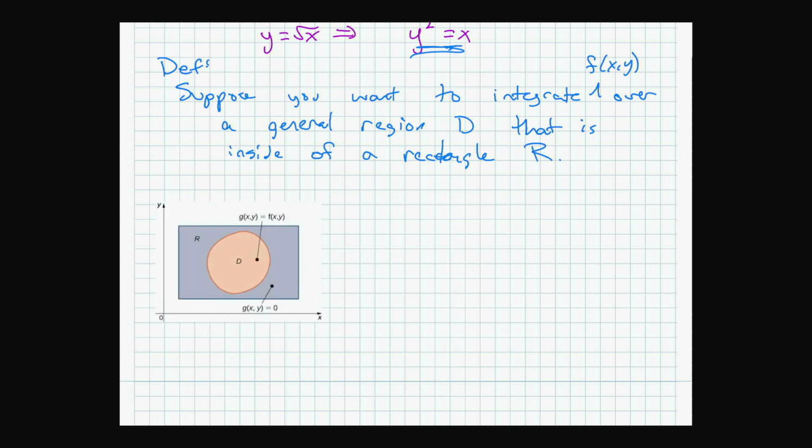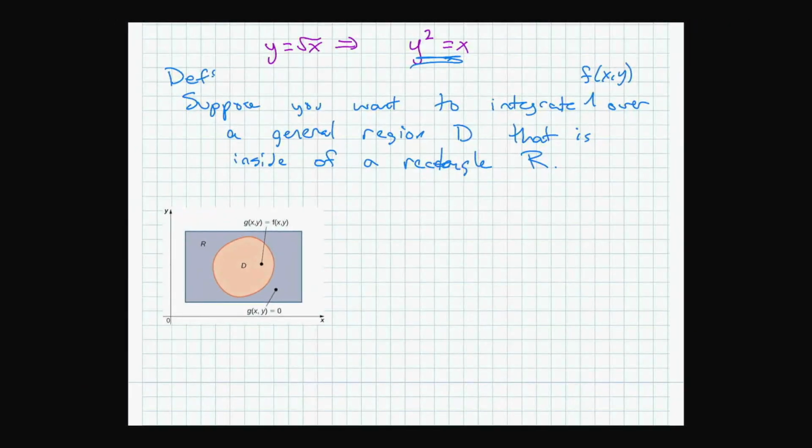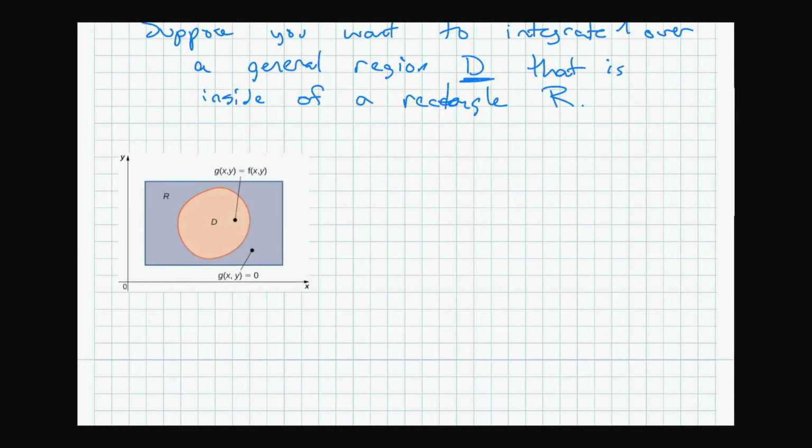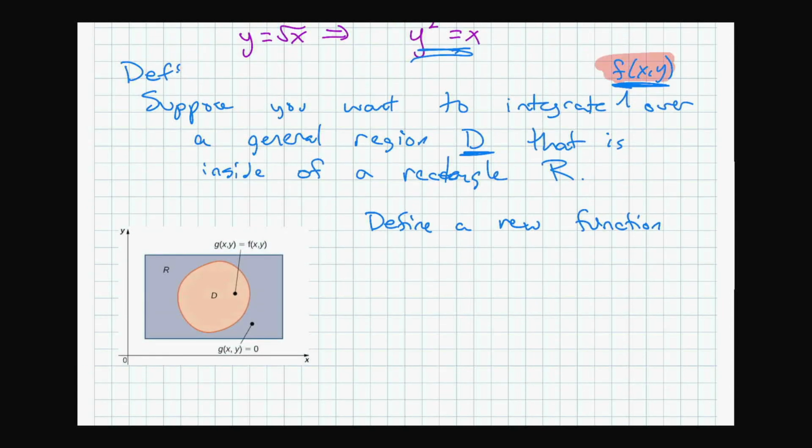All right, so here's our picture. So what they do is you want to integrate this function f of x, y, and you want to integrate it over D. But you can't because right now we don't know how to integrate over a non-rectangular region. So if you want to integrate over a non-rectangular region, formally what you can do is you can define a new function. So our old function was f of x, y, right? That's the one that we want to integrate over. We want to integrate f of x, y. So you define a new function, g of x, y, and your new function is equal to f